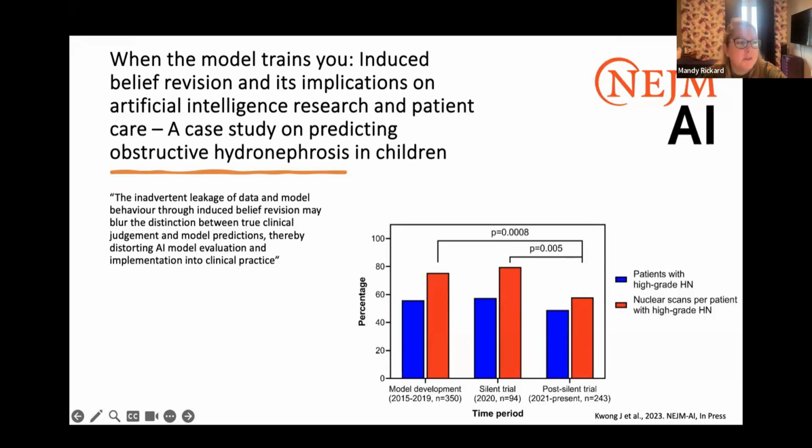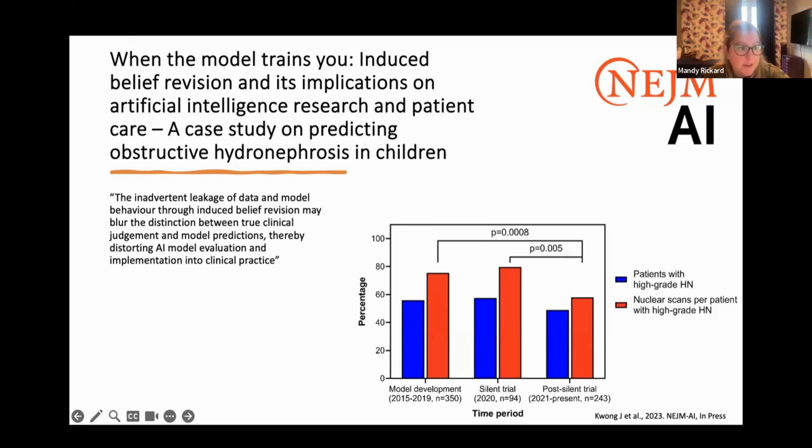And so during our hydronephrosis model development, testing, and validation, I was exposed over and over again to inputs, which were ultrasound images, and the outputs, which were the predictions. And after several years of this, despite the model not having been tested in a clinical trial, I noticed a shift in my clinical practice, which reflects the model's predictions. This means that while training the model with images, the model was also training me, if you want to look at it that way, with the predictions, and resulted in a subconscious shift in clinical decision-making.